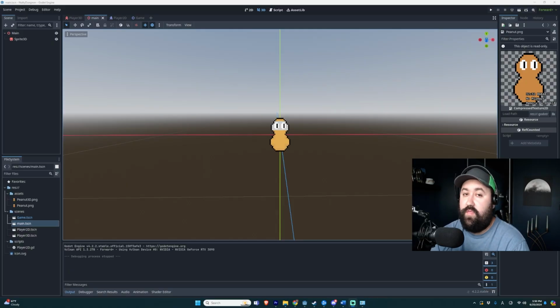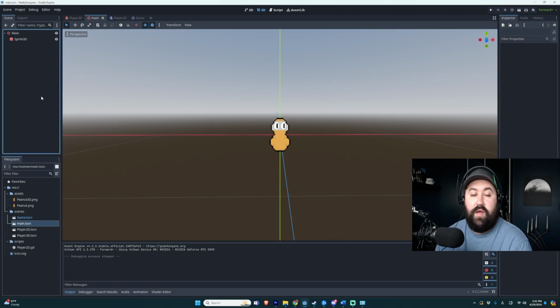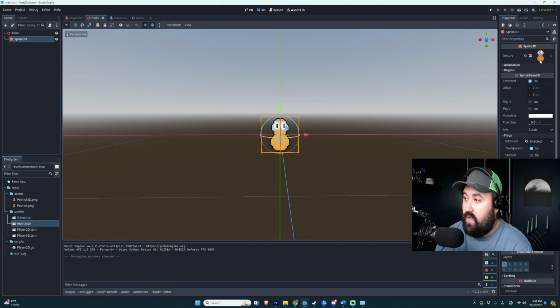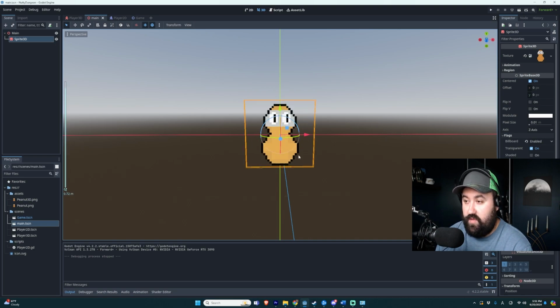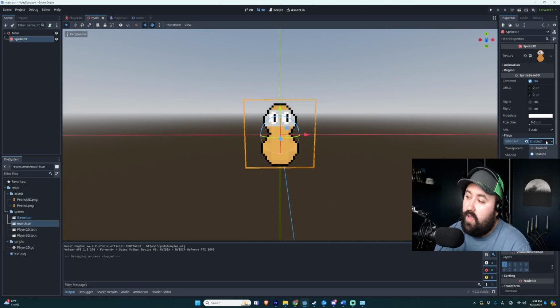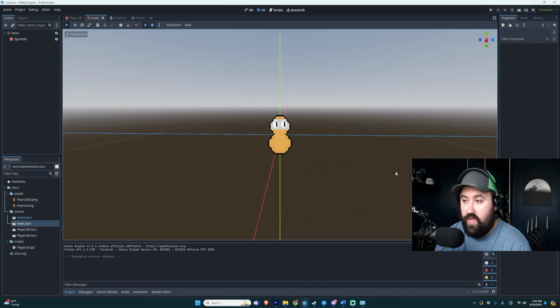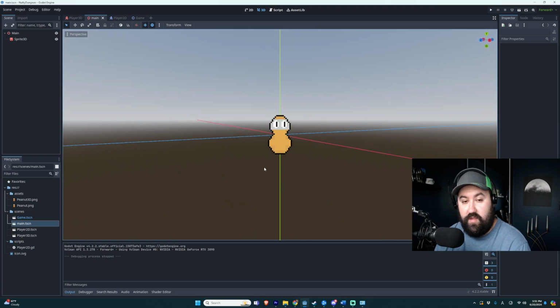Here is my 3D world with my peanut in it. I haven't gone too far on the 3D side yet, but what I do have set up is a Node3D and a Sprite3D node. With the Sprite3D node, I've added a texture, which is what you see right here. I've also turned on the billboard mode flag, which allows me to see the sprite from any camera angle, despite how I rotate